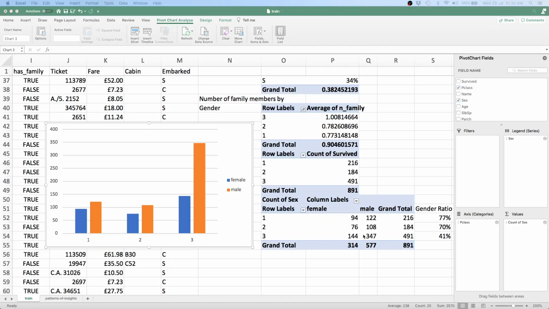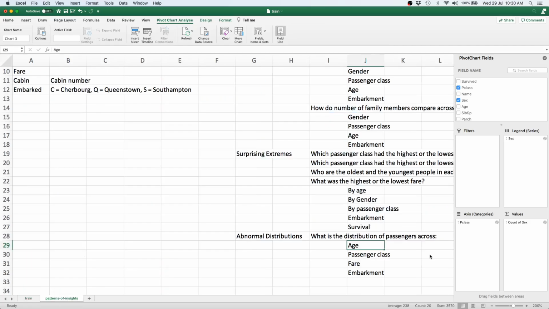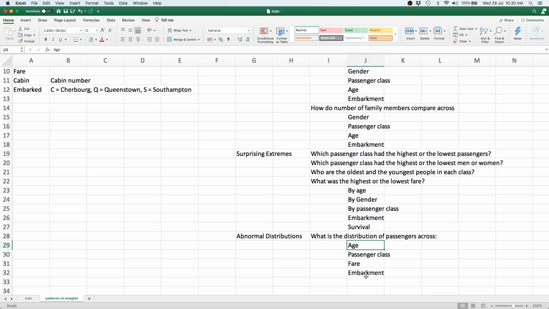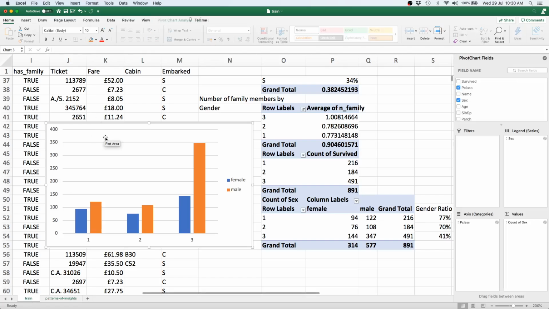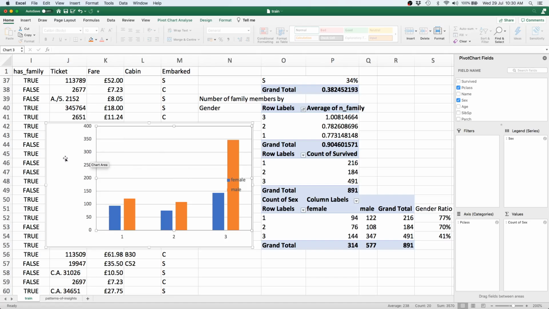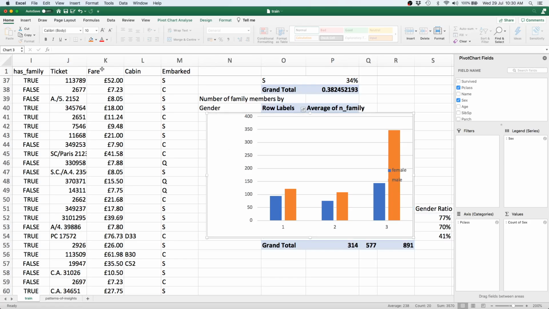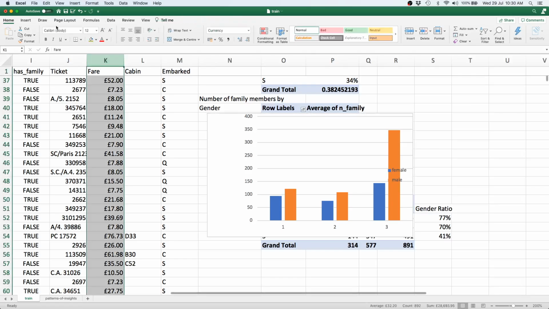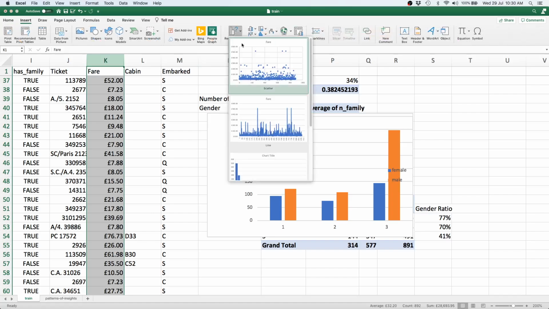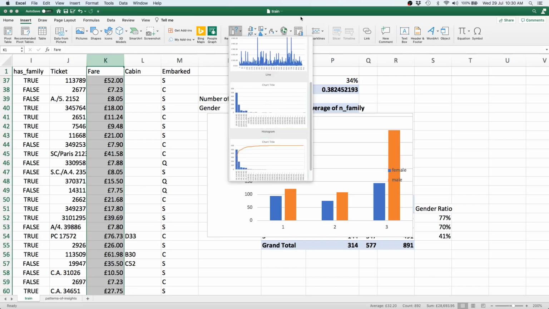Let's take a look at the next question, which is essentially what is the distribution of passengers across the fare. So essentially what we want to do is simply take the histogram of the fare column. Let's move this chart out of the way. Let's select fare and simply go to the insert part and click on recommended charts. We see that we have a bunch of charts, and let's particularly pick the histogram,